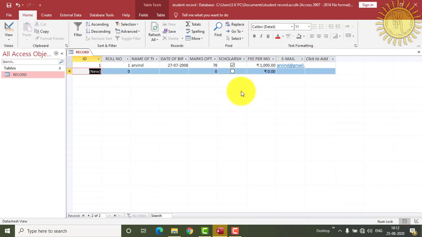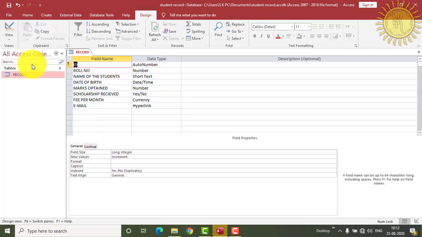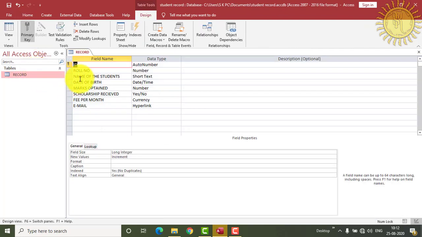To set the primary key on roll number, first go to the home tab and then click on this view button, and there you can see the design view. Click on this design view option, and here we can see all the fields which we have created. Now we have to set the primary key on roll number.